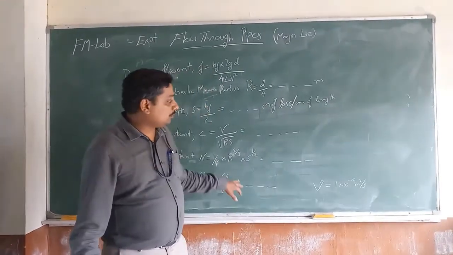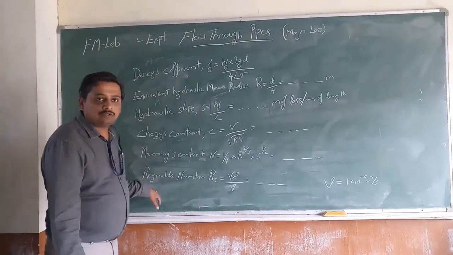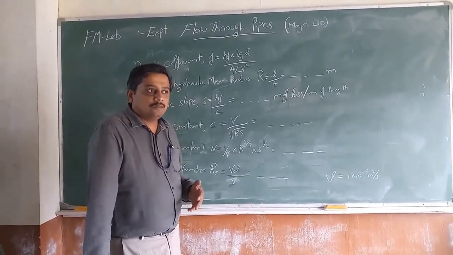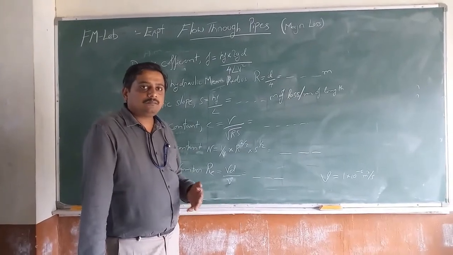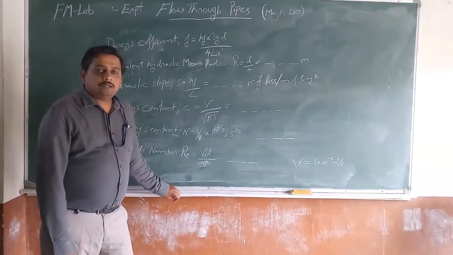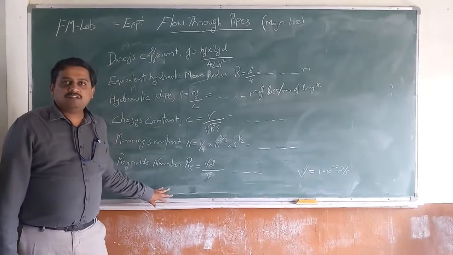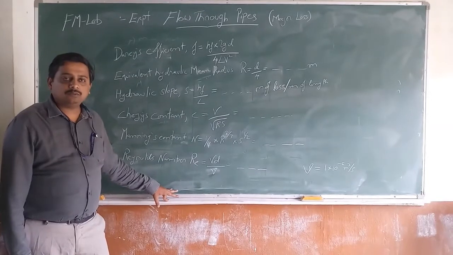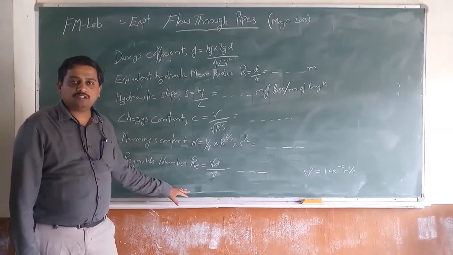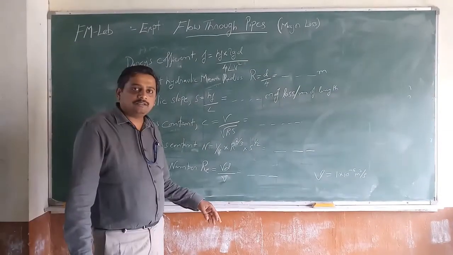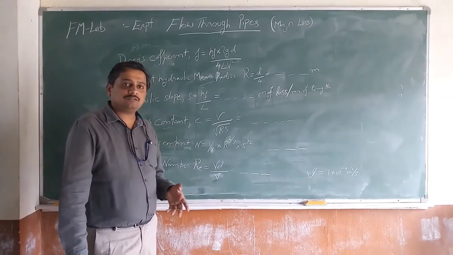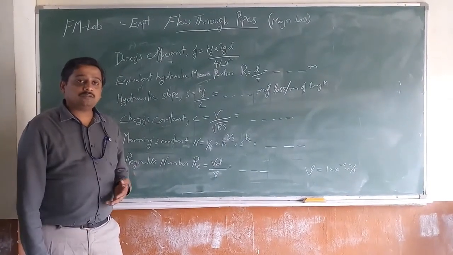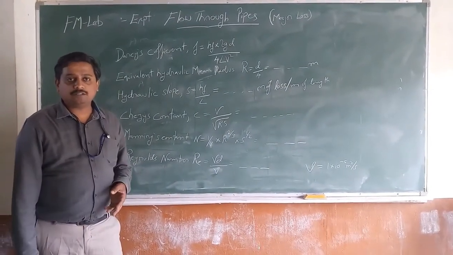So why we need to do all those things is, for example, take the Reynolds number. When you consider a Reynolds number, if it is less than 500, it is laminar. If it is in between 500 to 1000, it's transitional, and if it is more than 1000, it's turbulent. So imagine there is a turbulent flow. Turbulent flow creates more friction, laminar flow creates less friction. So this is the reason why we need to understand this.